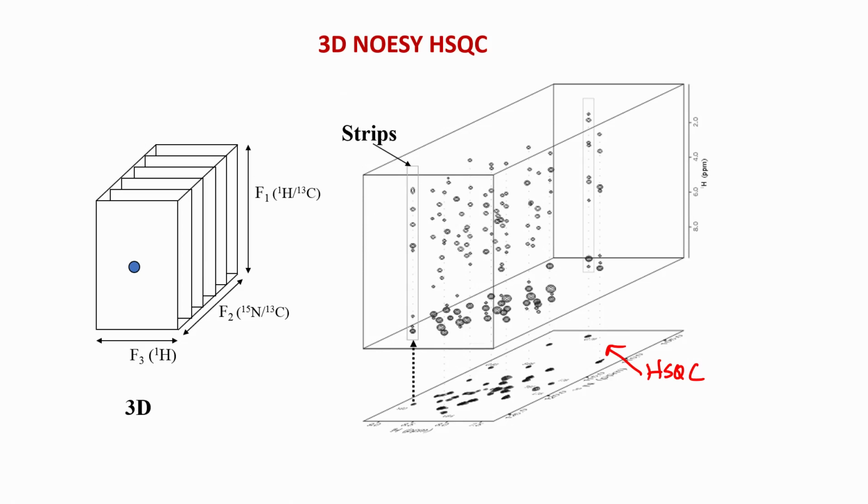This is something we will see in the next class: how a far away amino acid gives correlations to peaks in the same amino acid spectrum in a 3D NOESY spectrum, and from there we will see how we can extract distances and calculate the 3D structure of the protein. We will see that in the next class.